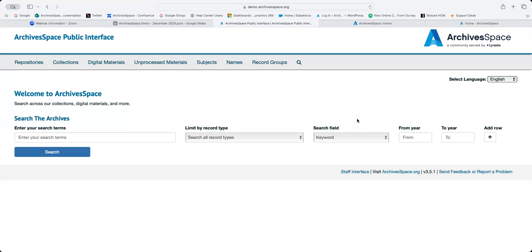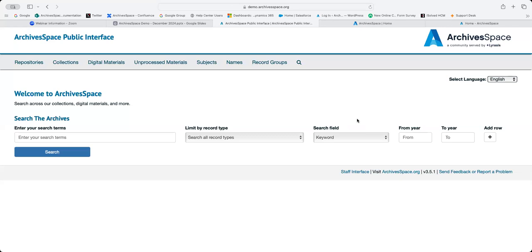You need to select those publish options that are found throughout the application to publish your material. And again, totally optional to use the public user interface. Some repositories choose to export their metadata outputs into other systems or other front ends or make the PDFs available on their website. Not everyone uses the public user interface, but it's great to have that option already built into the application.